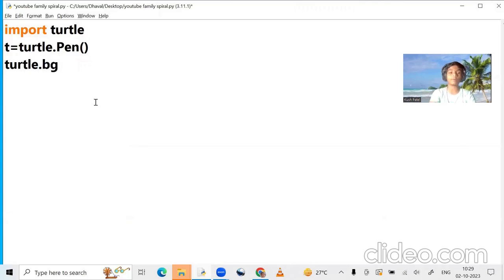turtle.bgcolor for background color. bgcolor has been used for background color. You should observe that the previous one that we used doesn't give a background color. Okay, so this has a background color. And now, to make it colorful, we can also give it